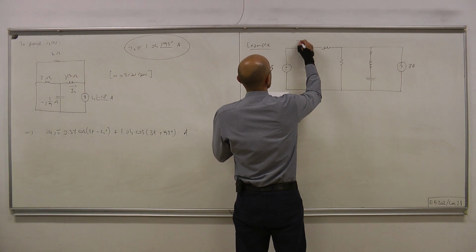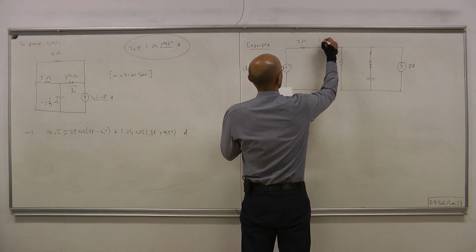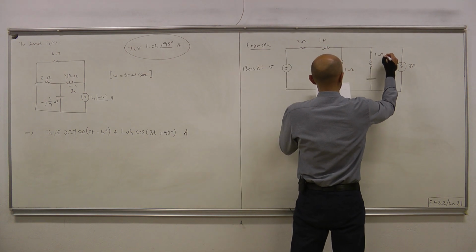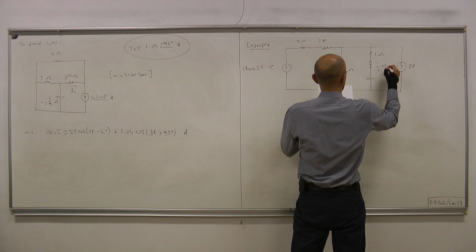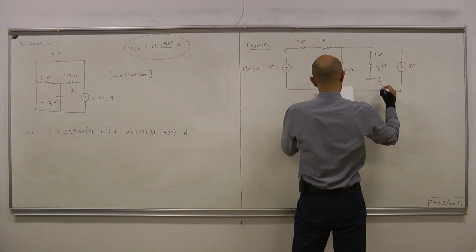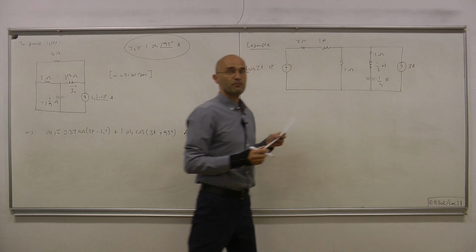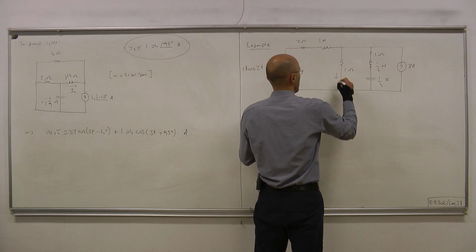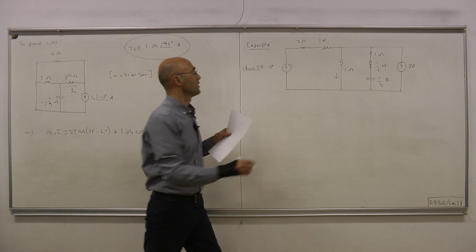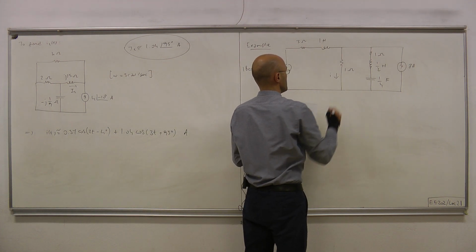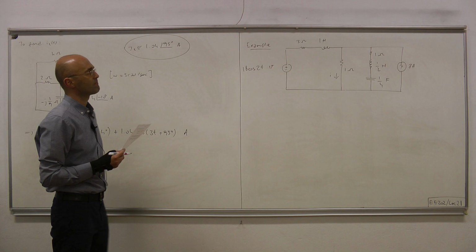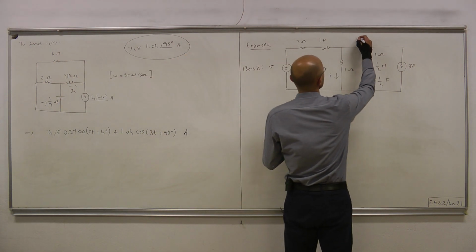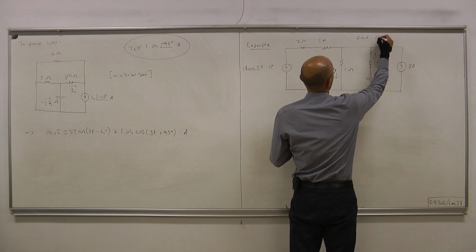The parameter values are given as 3 ohm, 1 Henry, 1 ohm, 1/2 Henry, and 1/4 farad. And what we're asked for is the current passing through the 1 ohm resistor here. It's denoted by I. Okay. So find the current I of t